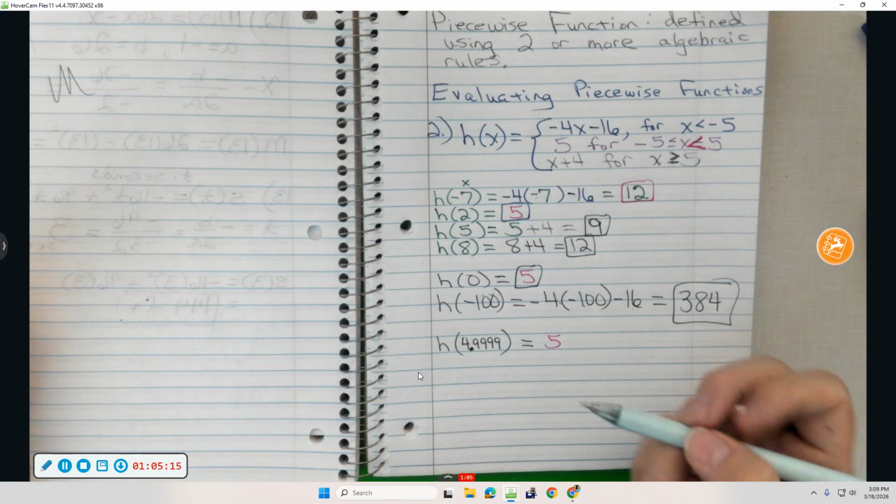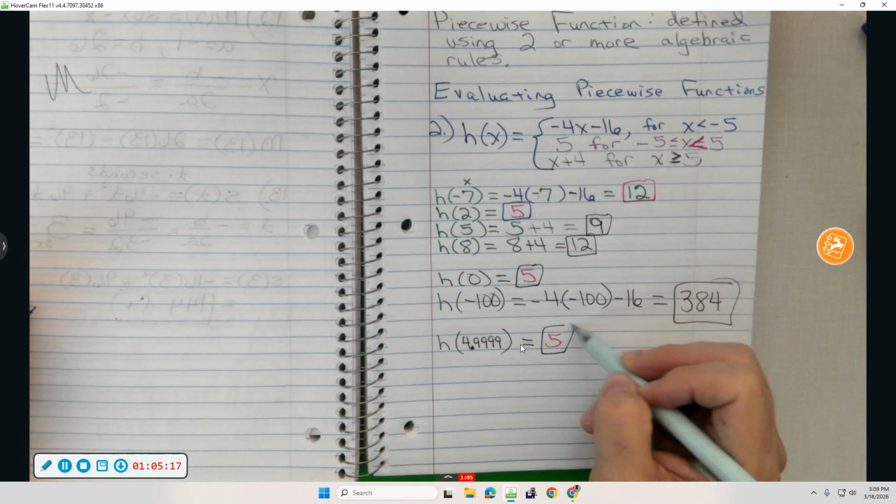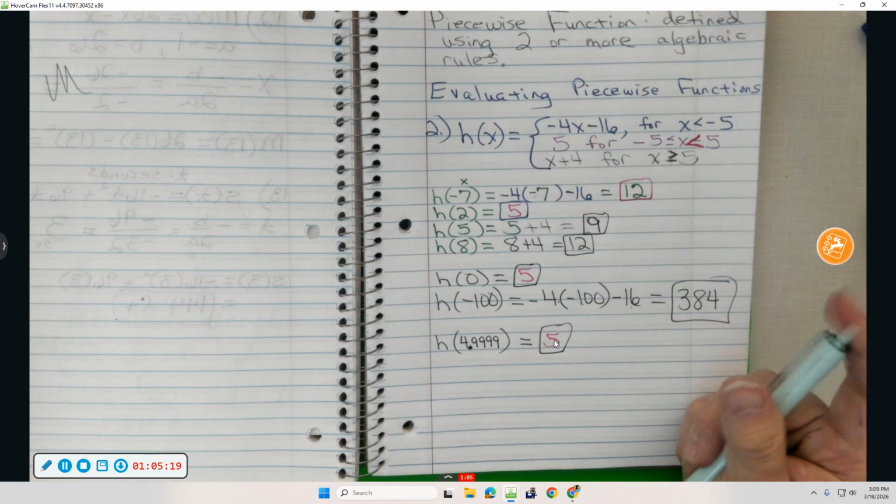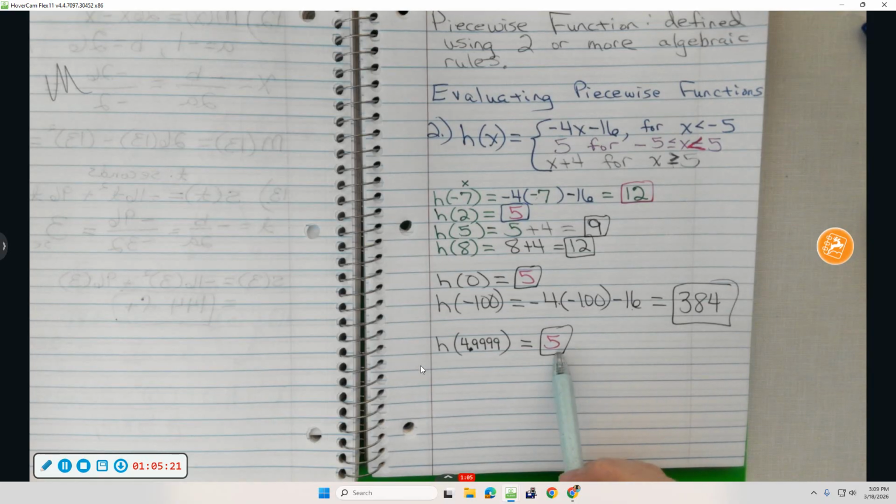That means this point is on the graph. We're going to start graphing these things in a moment. This point has to be shown on that graph. When you're drawing the graph, what would it look like to the naked eye? To the naked eye, if you plotted that ordered pair,